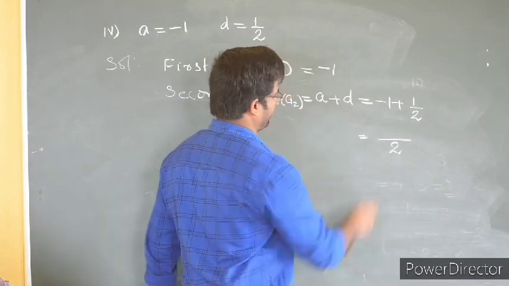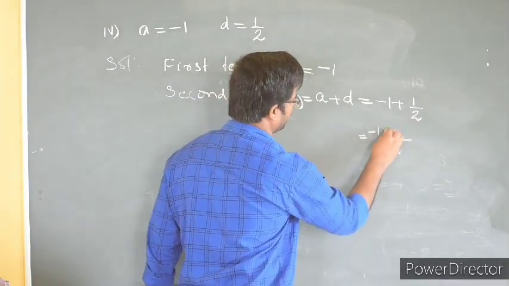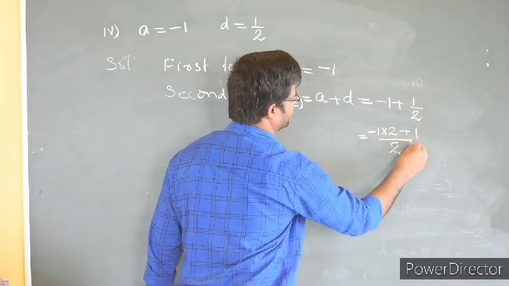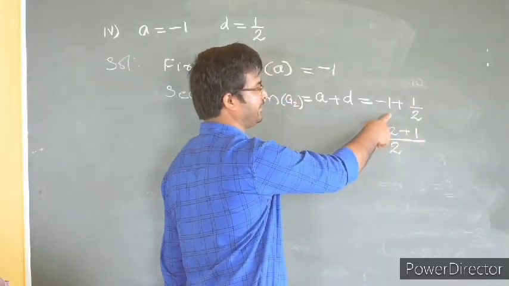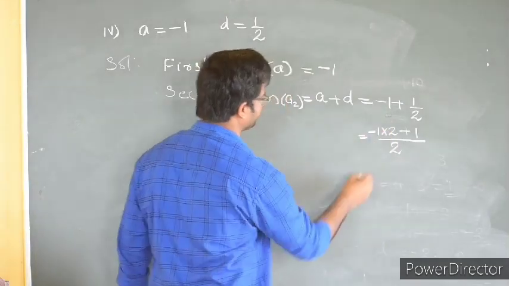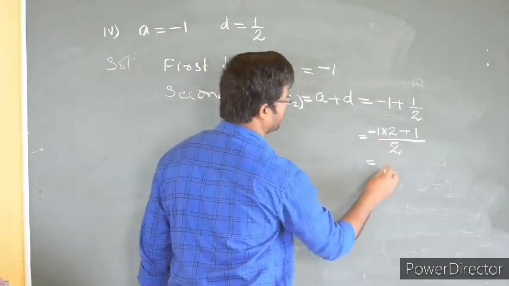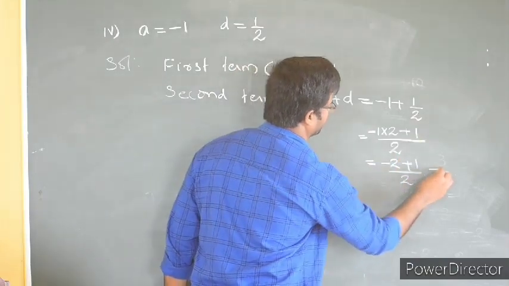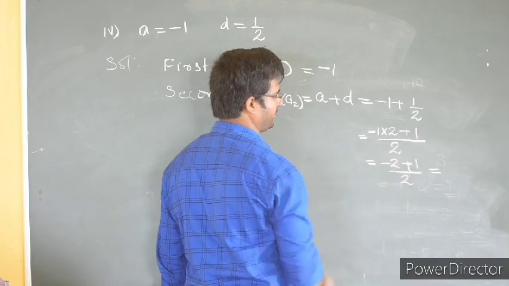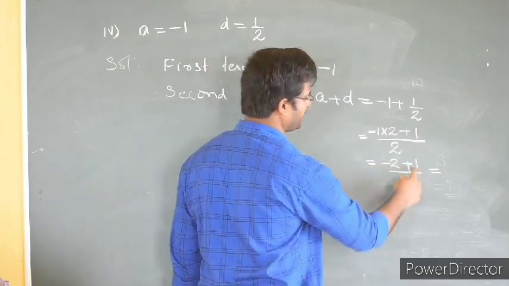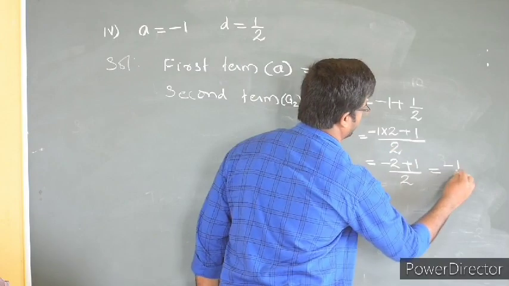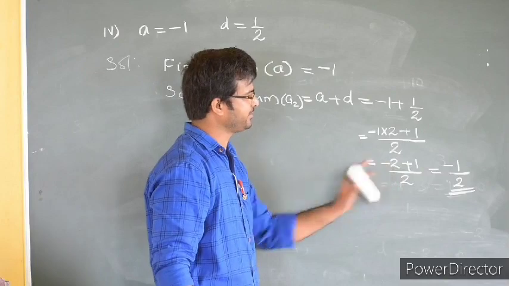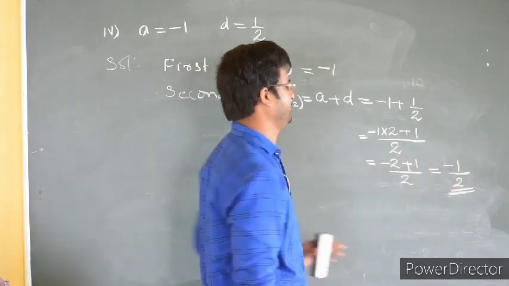Commonly we can write 2. Then this 2 multiple. Minus 1 into 2 plus this 1. Because no denominator in here, that's why we are multiplying by 2. Minus 1 into 2 is minus 2, plus 1, divided by 2, equal to minus 2 plus 1, that is 1 minus 2. 1 minus 2 is minus 1 divided by 2. Because in here 2 is the big number, that sign is minus. That sign only we can use in the answer.